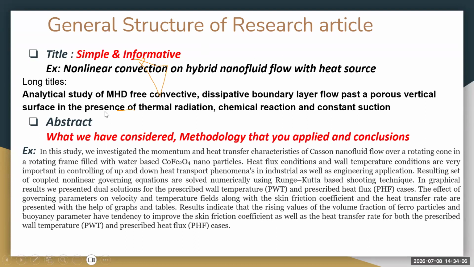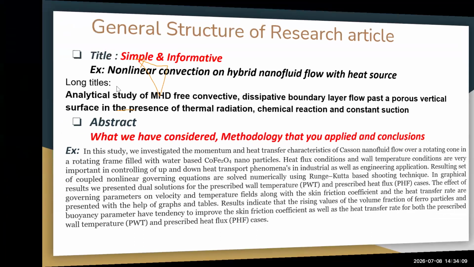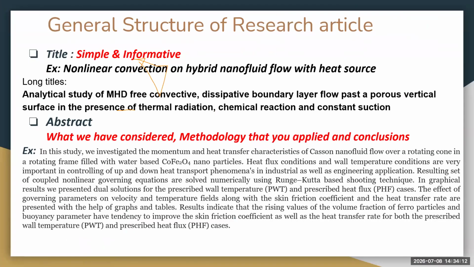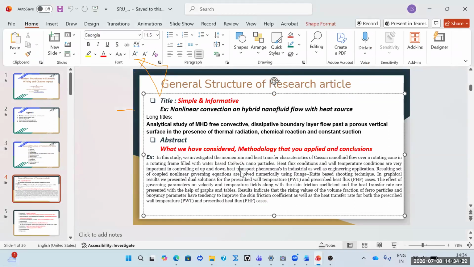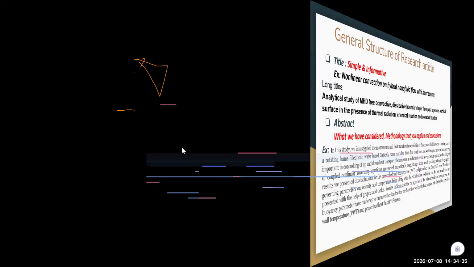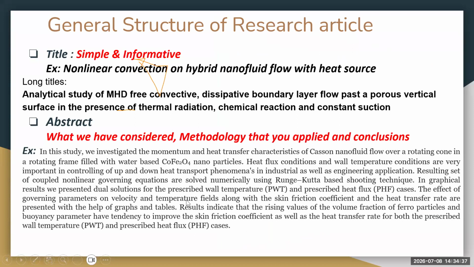And next, after the title, we have the abstract part, right? You can see the abstract part. In the abstract, what is there is what we have considered, what methodology we applied, and what the outcomes of our study are. Here you can see the simple way of writing. I'll show you some articles where the abstract looks like this. If you look at any article, mostly in the initial stage, when you start your research career as a researcher,